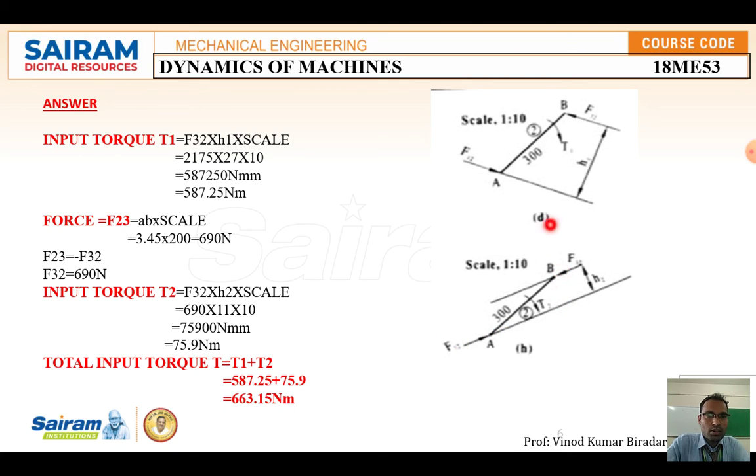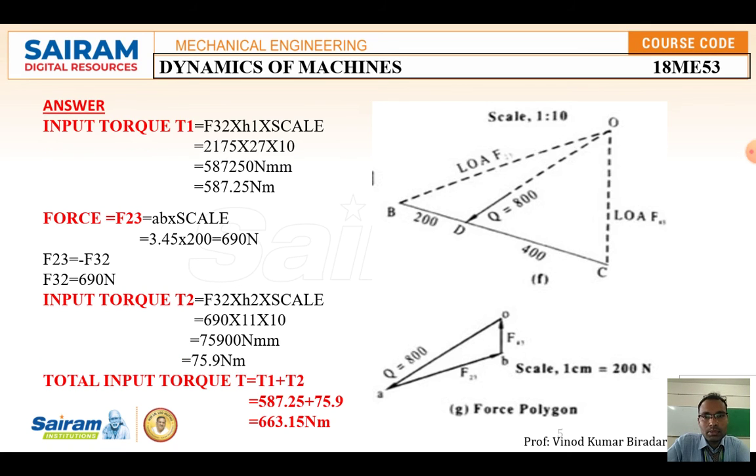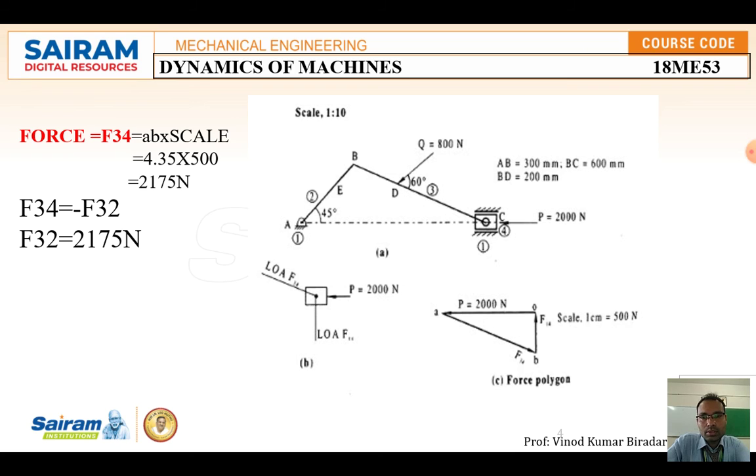If you transfer this, again parallel, exactly opposite parallel to this force, you draw one construction here. Draw the parallel line, same as you solved this, you have to find the H2 here, H1 and H2. This is the torque two, because of this force 800 Newton. Substitute here, you may get around 1.1 something. Once you calculated the input torque, that is T2, 75.9 you are going to get. Therefore the total input torque is T1 plus T2. If you add those two, you are going to get 663.15 Newton meter. So this is the total torque acting on this element, that torque 687 point something will be applied here on the AB link.